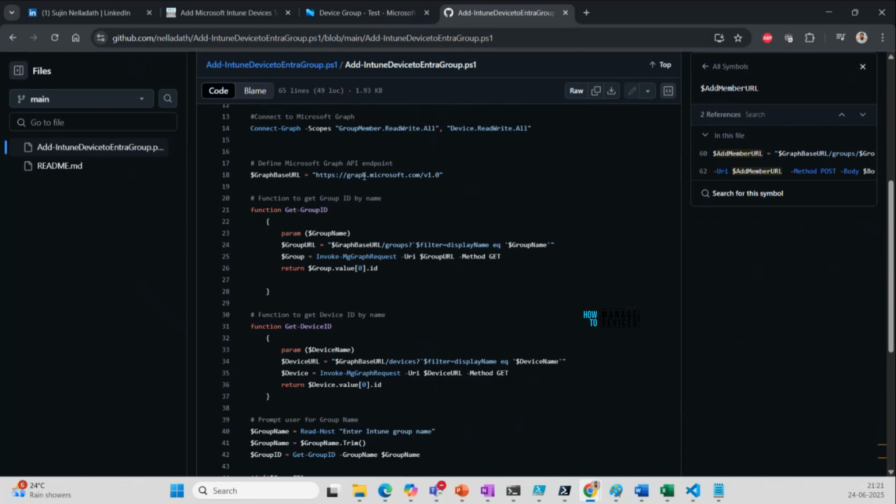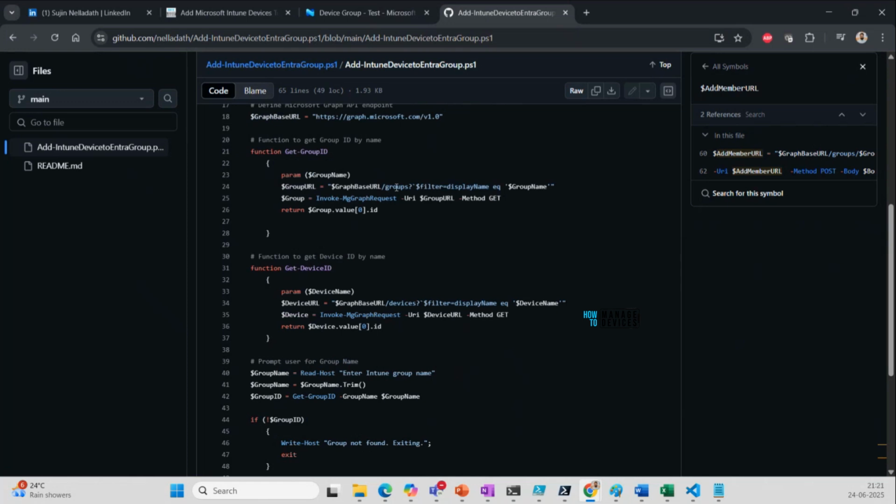And in the next line, I am creating a function called Get-GroupId. This function is doing a very important task here. It's getting the group ID. Here you see I'm using the base URL, and I'm applying a filter here. The endpoint here, up to groups, will give you details about all the groups in your environment, and using this filter, you will look at that particular group name. I will match here: if the display name is equal to the group name that you put in the user input,